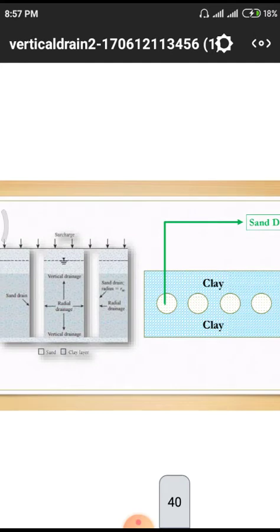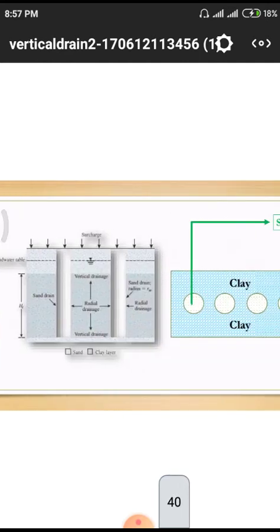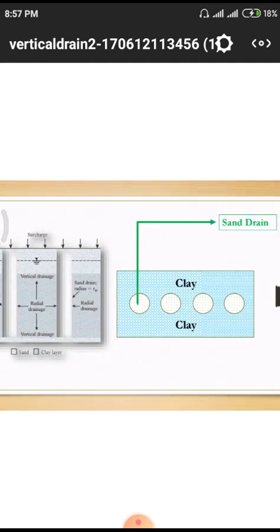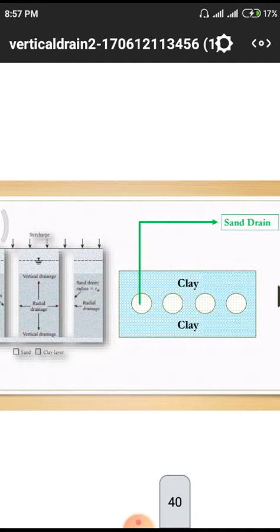It is another representation. That means the total clay soil we are having. From the clay soils totally, in the previous case also we are having only 4 boreholes. From those 4 boreholes, how the water will be collected due to the external application of this embankment load on the clay strata. These are the 4 boreholes. From these boreholes, the total water will come upwards due to this external application of the load, like an embankment or storage surcharge load.